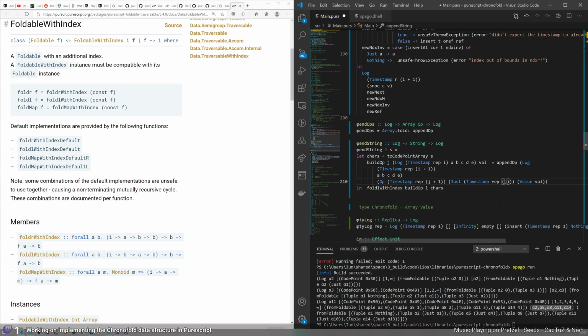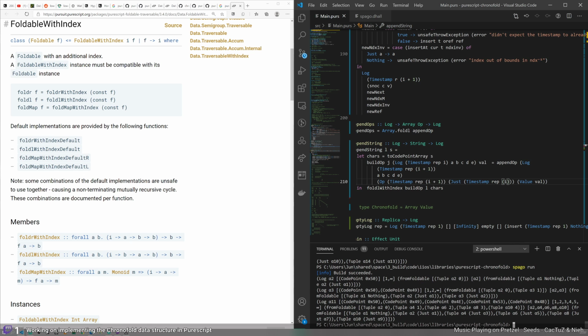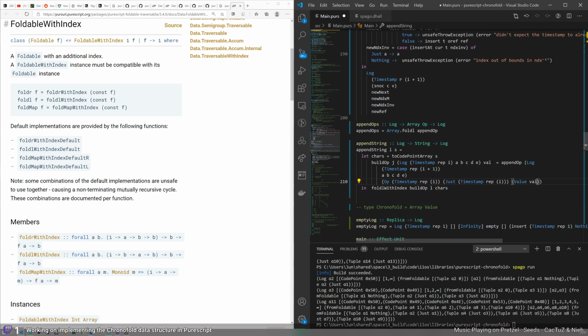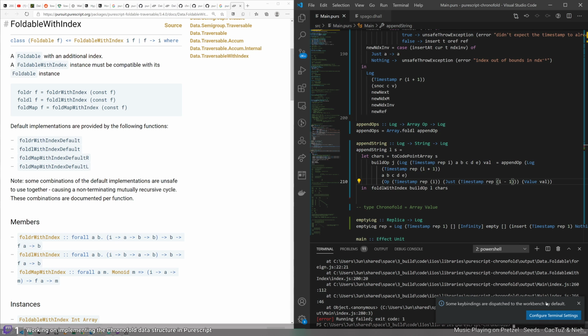I don't need to add I here. Or maybe just I +1 and I. Could it be that? Let's try this. Alpha 1, alpha 2, alpha 1, alpha 4, alpha 3. So no, so we need to, I think, reindex this like that. And then it fails. Okay, so yeah, it's just offsets in the arrays that need to be checked, but